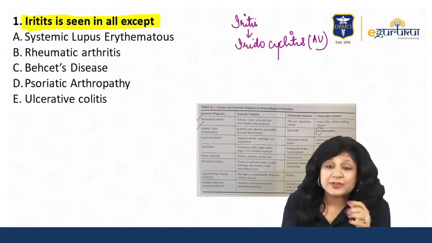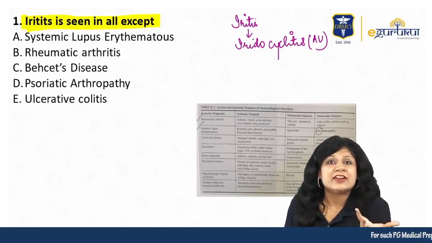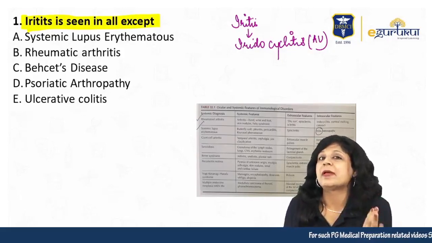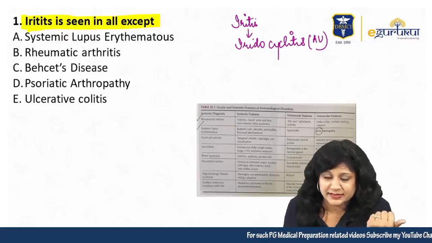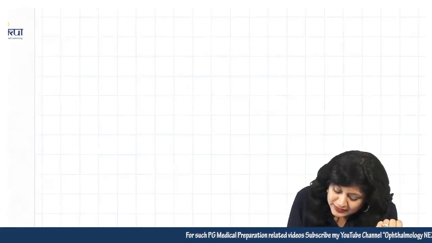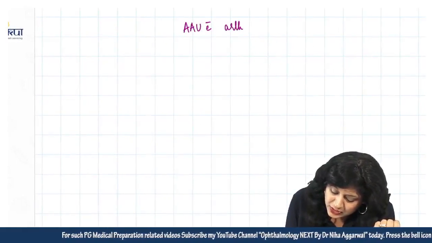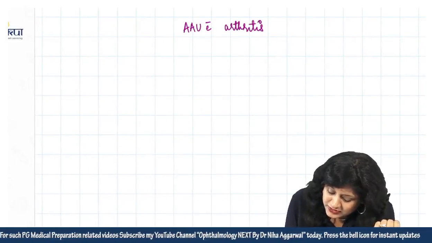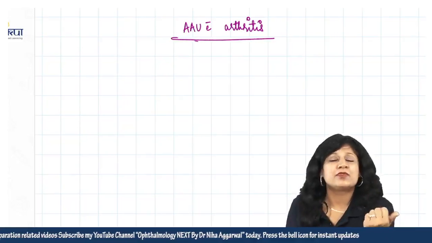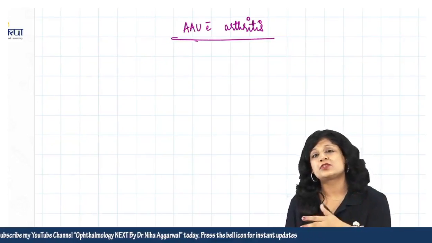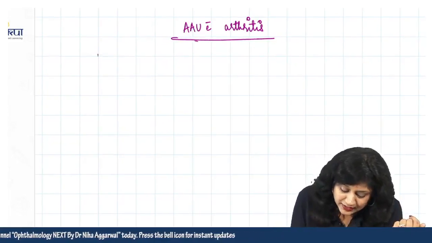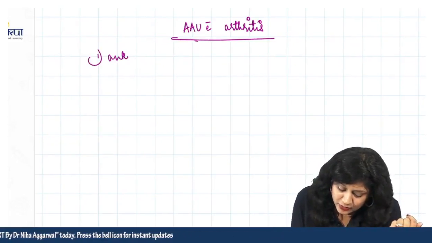So wherever you are getting anterior uveitis, you can expect that iritis will be present there. Like, for example, what we discuss in the classes, acute anterior uveitis with arthritis. There is a differential diagnosis that we always discuss for the cases where we have acute anterior uveitis associated with arthritis. So here the first is your ankylosing